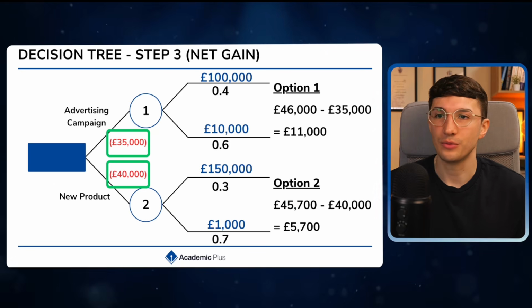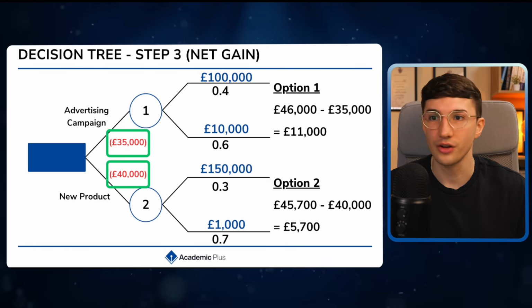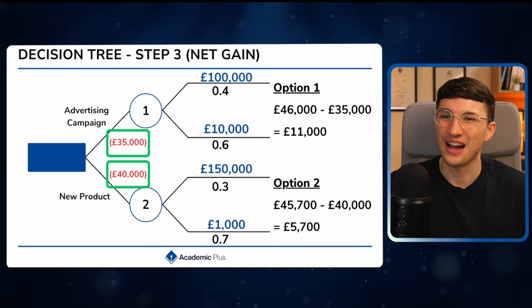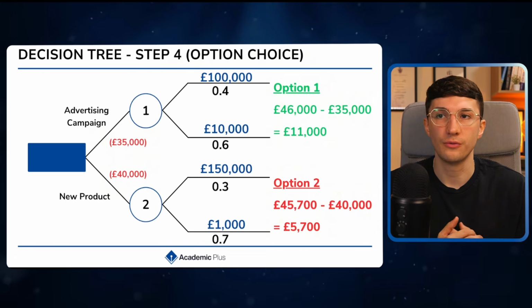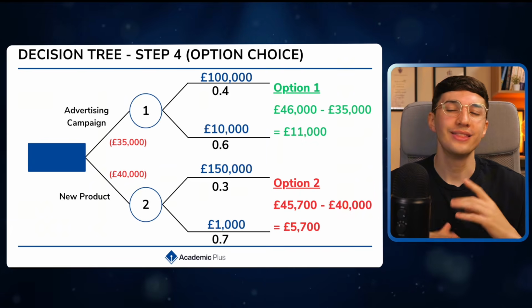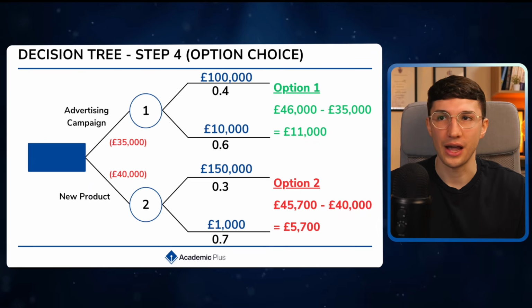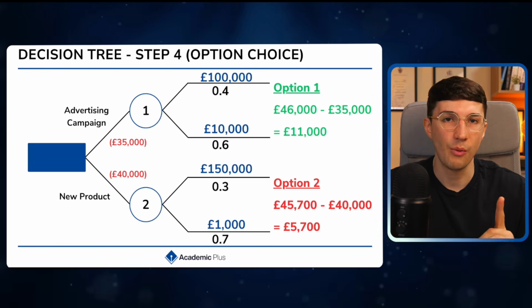So when looking at option 2, we do 45,700 minus 40,000, that initial cost, which gives me a net gain of £5,700. Now, when choosing which option we should go for, you go for the option with the higher net gain. However, this is where you need to evaluate, because yes, the net gain is going to be higher for option 1. However,